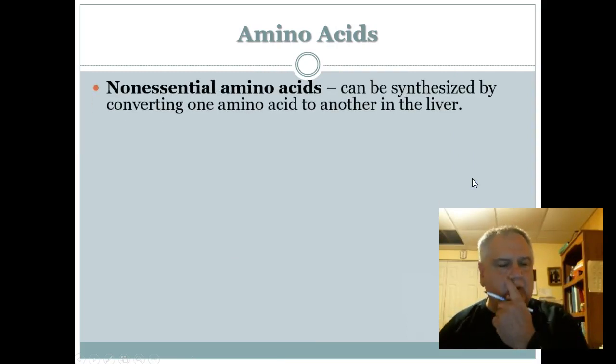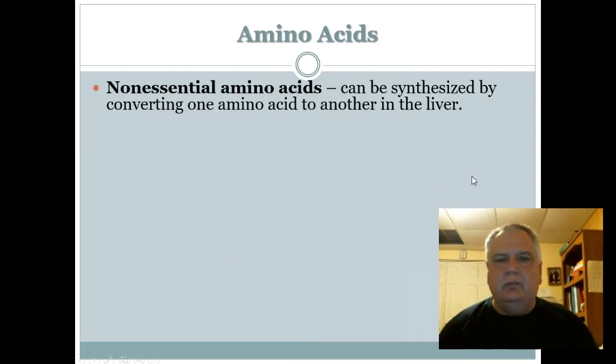But let's take a closer look at amino acids. So proteins are made up of amino acids, and not all amino acids are the same. We have polar and nonpolar amino acids, we have neutral amino acids, and so on and so forth. But we can also classify amino acids by whether or not they can be synthesized by our body. And so we have two classes of amino acids based upon that factor.